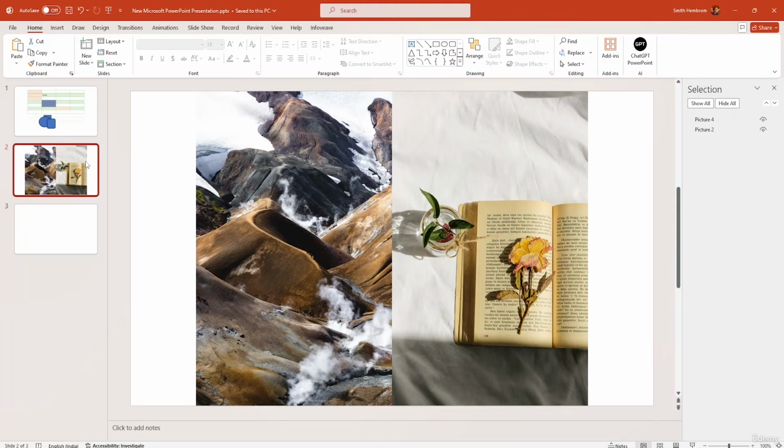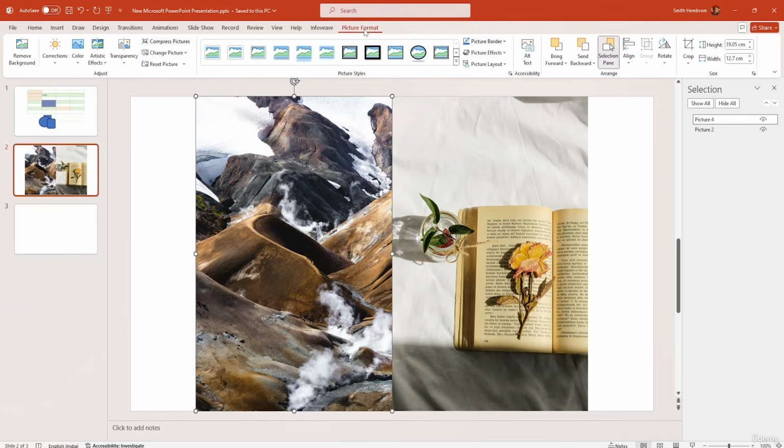The next thing we're going to learn about is the image format. And there are a lot of things to learn in the image format. So first off, select the slide and select the image which you want to customize, and the picture format ribbon or the menu will open up on your screen. Now, the first thing we have over here is remove background. Now, if you want to remove the background of any image and keep only the subject of the image,